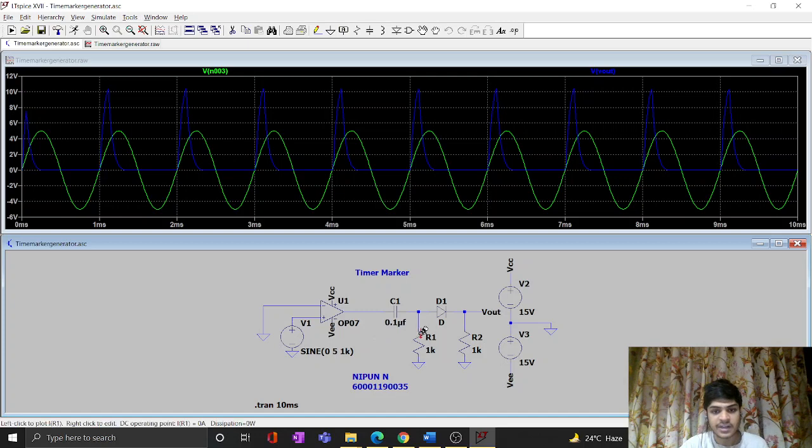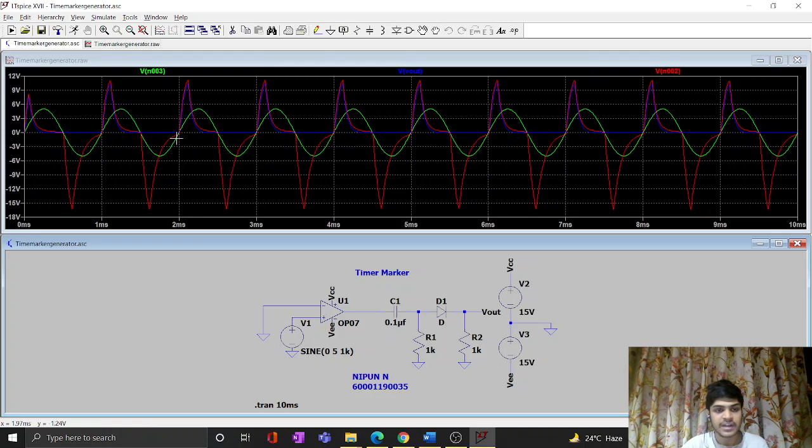So we'll be connecting the RC configuration to a clipper circuit with a diode like this. This diode prevents the output triggers from going negative. As you can see, if I connect the probe before the diode, we'll also get negative spikes as well. Because we get spikes at the output of this circuit, it could be used to trigger SCRs, as it is a very good application of time marker circuits.